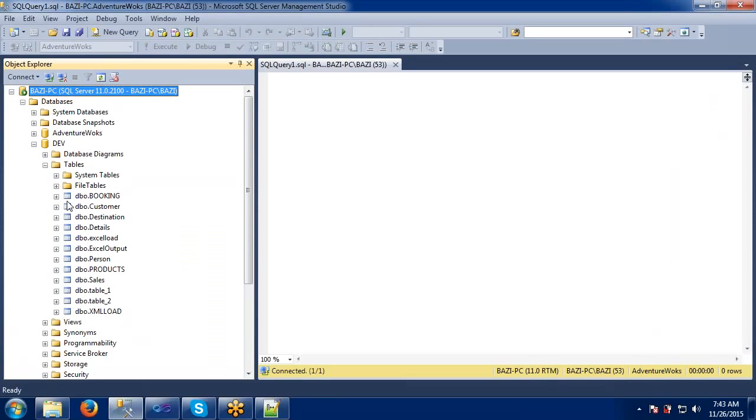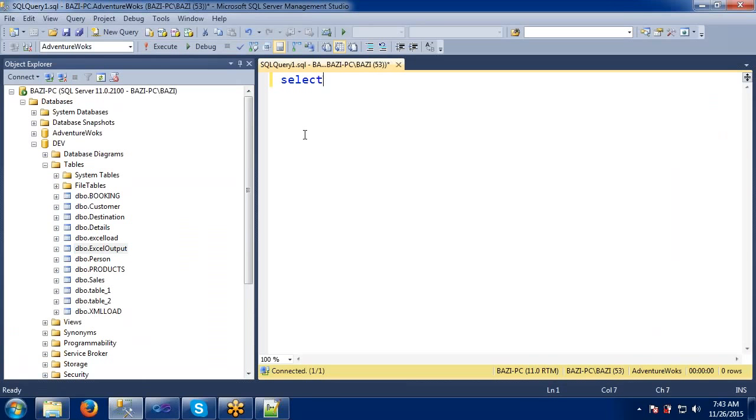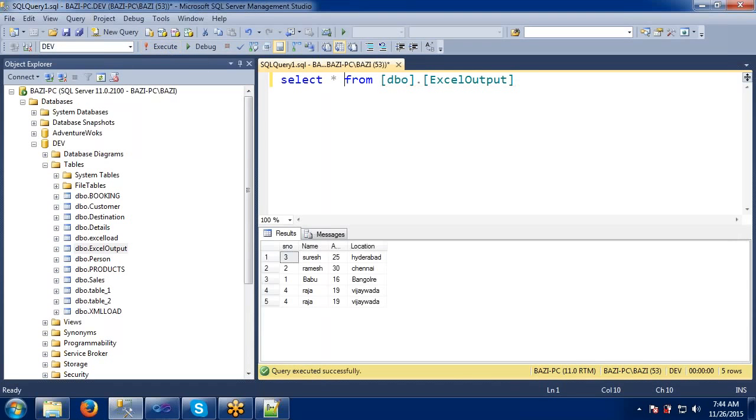In this, the Excel output table. Okay, good. Select star from Excel output in the dev database. I'm executing this. See, the data has come successfully from source to destination: serial number, name, age, and location. So this is how we handle the simple requirement of going from Excel to table.